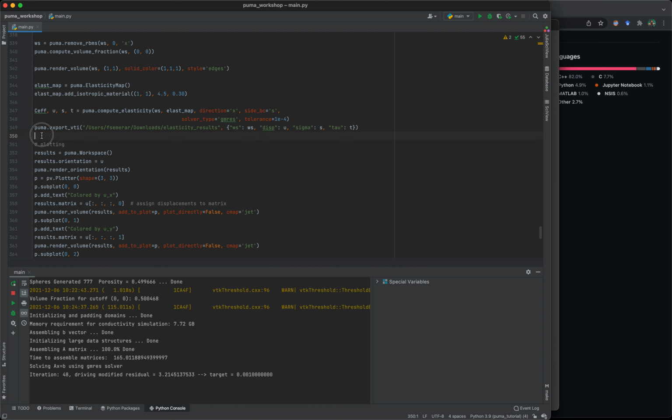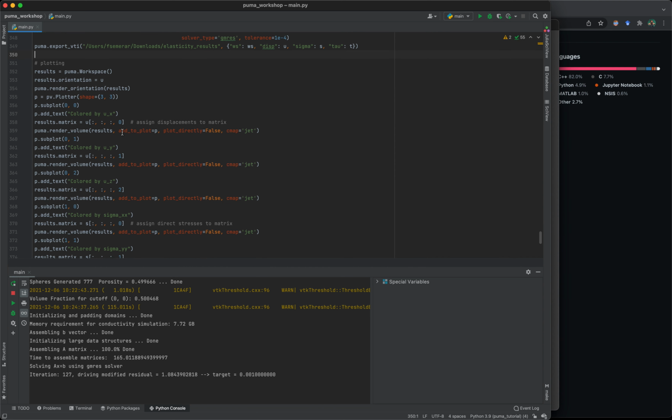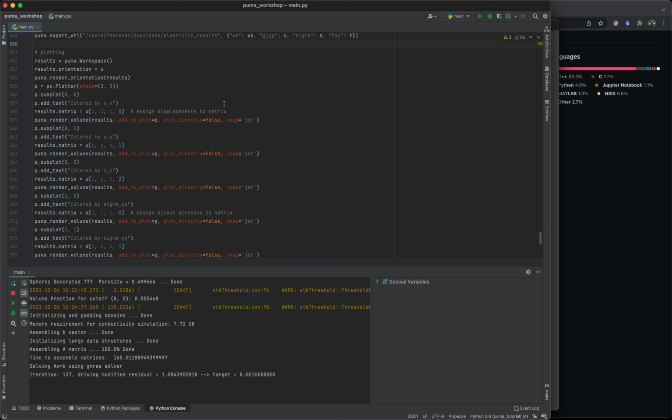Briefly, these three fields are also going to be exported inside a VTI, which can then be post-processed inside ParaView. But here I also prepared some plotting for showing the direct stresses, the shear stresses, and the displacement